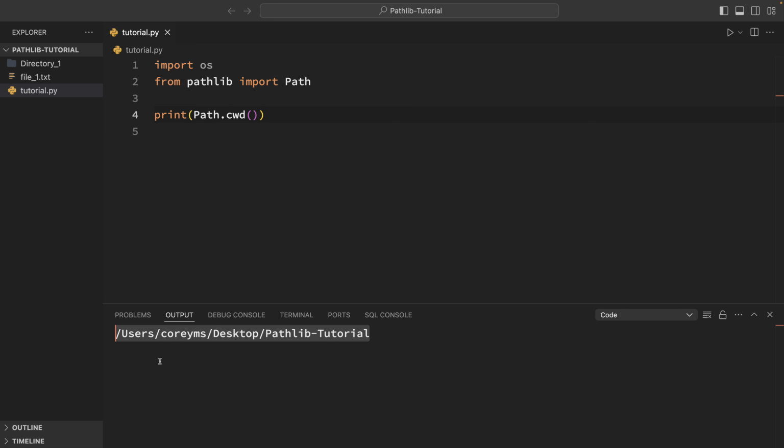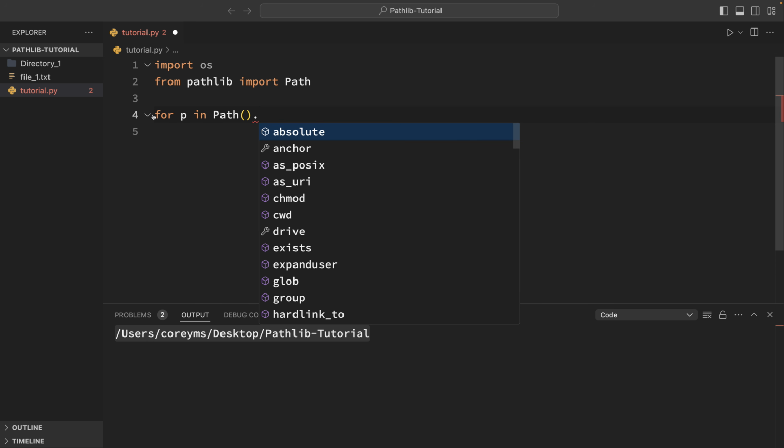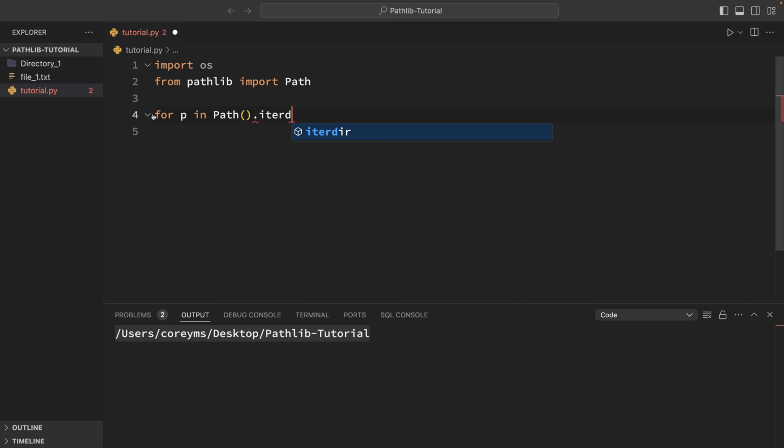So if we wanted to iterate over all of the files and folders in this current directory, then we could simply say for p in path, and I won't pass in any arguments, and by default that'll just be the current working directory. And we can use iterdir,